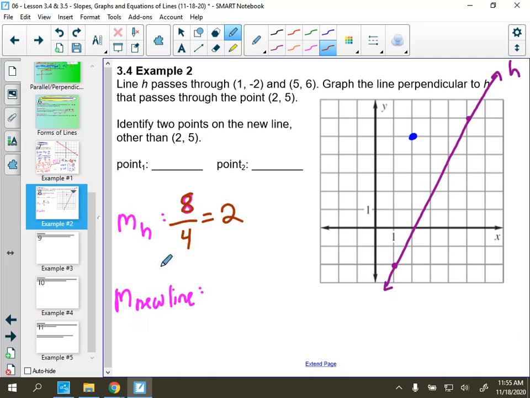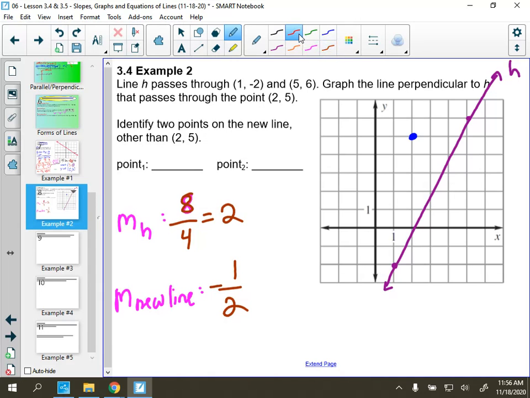hopefully seeing that, okay, hey, you know what? If this one has a slope of 2 and my line that we're being asked to draw is perpendicular to this line, my line should have a slope of, let's see, opposite. So if 2 is positive, I got to make sure my number is negative. And then I got to flip it over. It's actually conveniently the one that we did for our example. 2 over 1 becomes 1 over 2. So my line has a slope of negative 1/2, and actually that's all we need, because now I have a